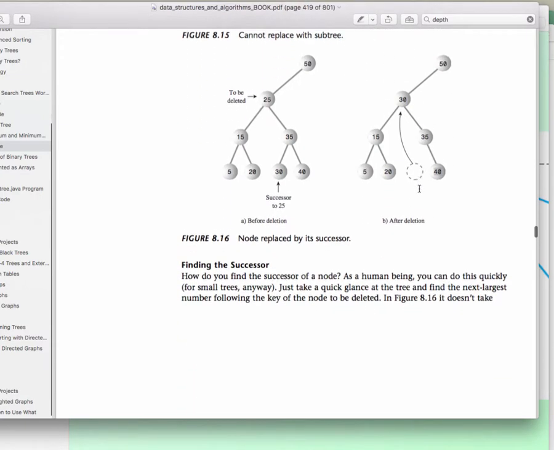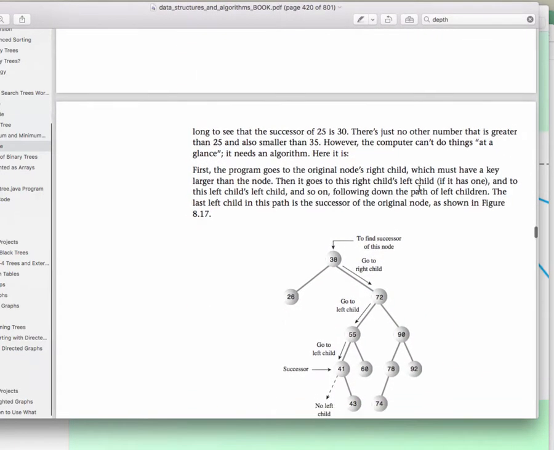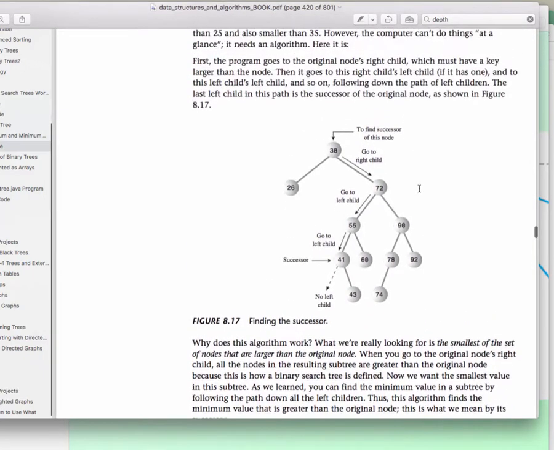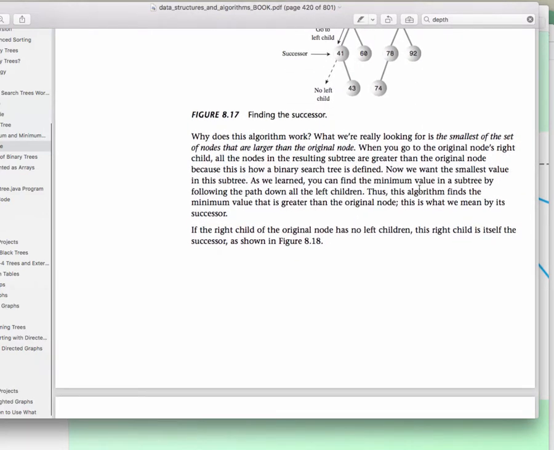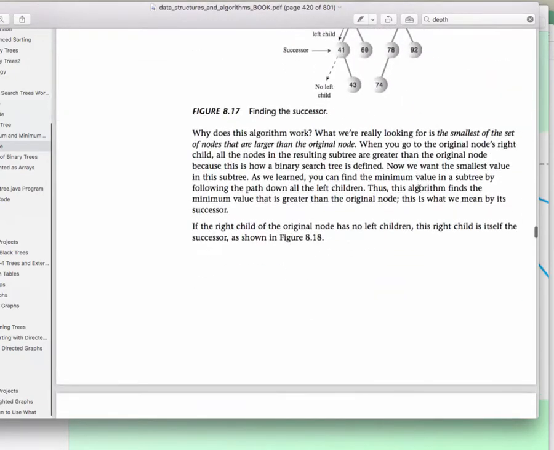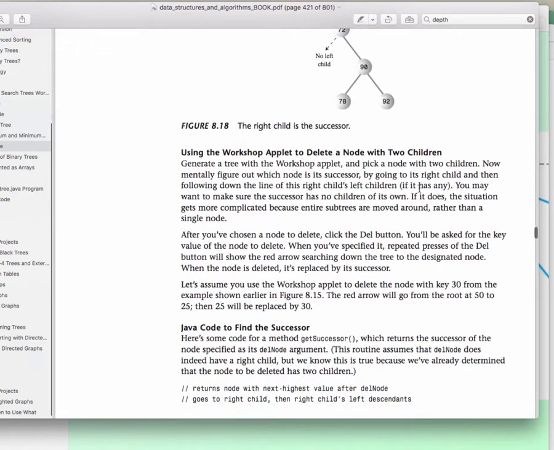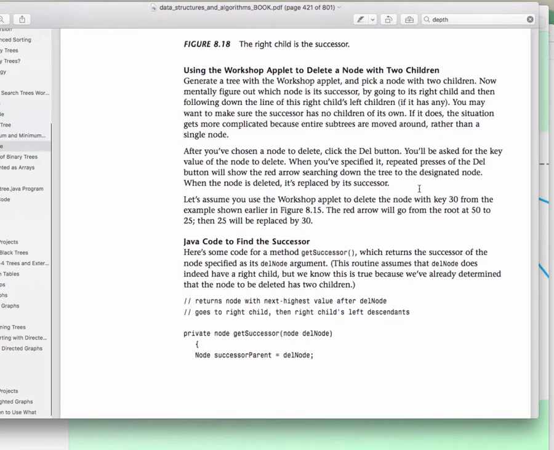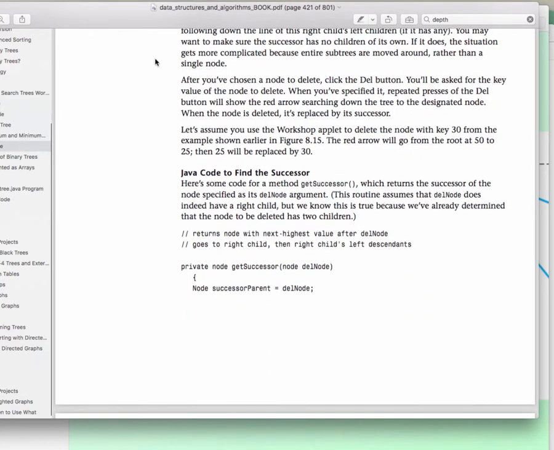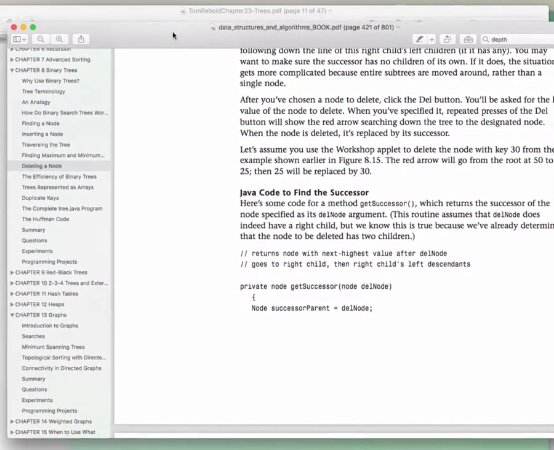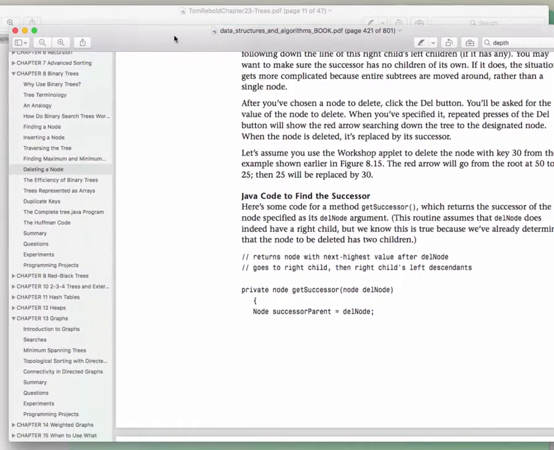Okay? So the best thing to do really is just get the code and write it out step by step and follow it just like we did with the linked list, right? Draw the pictures every step of the way. See how the picture changes so that you can see it. These are a little bit more involved than pretty much everything else we've done up to this point because it involves recursion, and recursion is a confusing thing. So that's pretty much as far as I want to tell you about